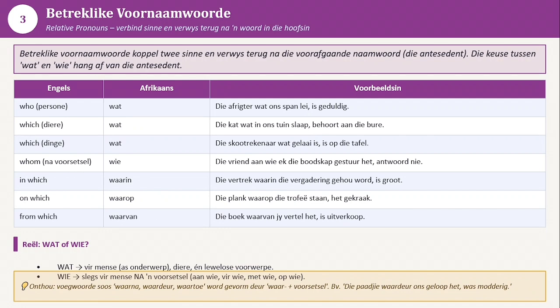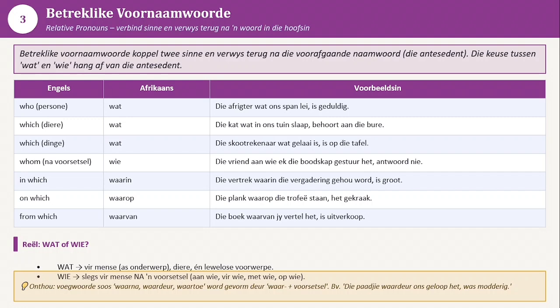So these words are known to connect sentences that basically goes back to the main idea of the original sentence. I know that sounds like a mess, but let's quickly look at some of the examples. So in English, it will be words like who, which, whom, etc. So in English, it will be a sentence like, I visited the town where he grew up. So that where is referring to the town that I'm talking about. We enjoyed the game when it began, also referring to the original thing that I was talking about. Take the pen that clicks softly. Try the chair that rolls easily.